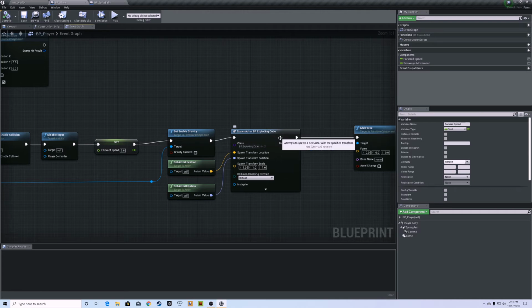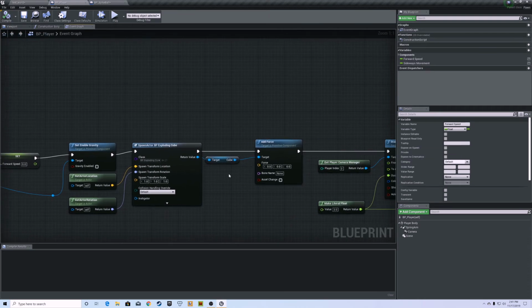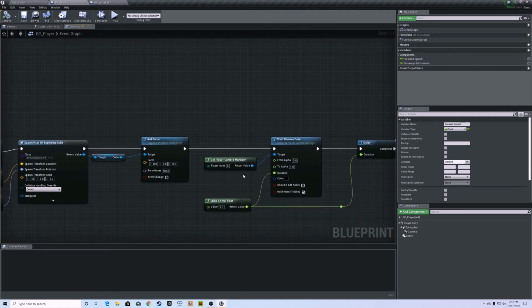actor of class. What it's doing is spawning a different cube that is destructible, and I will show the destructible cube in a minute. But now we spawned it at the actor's location and also the rotation, and then we simply add a force to kind of push it. And then we also